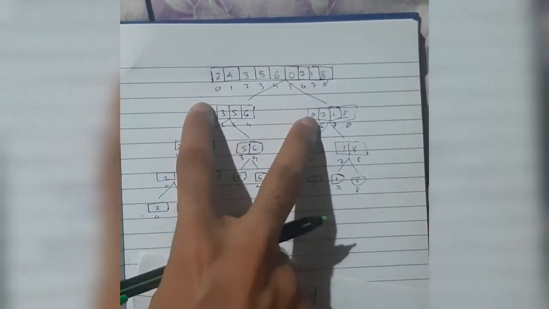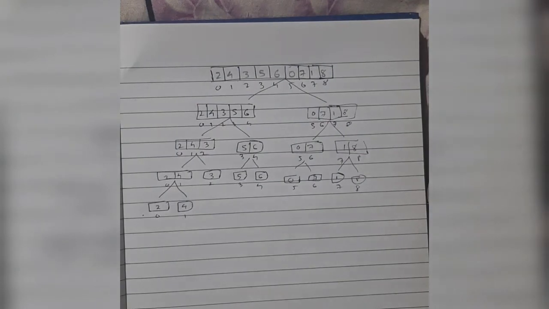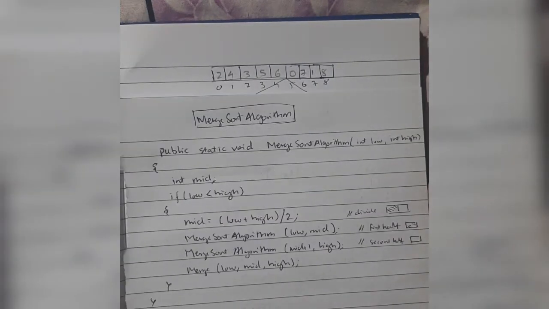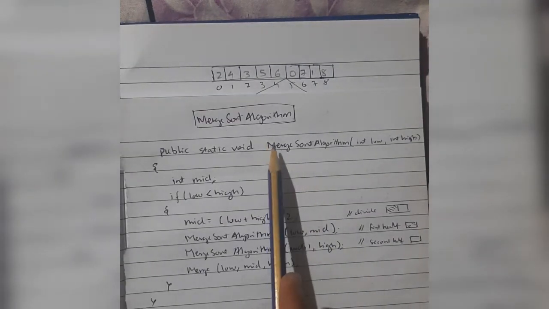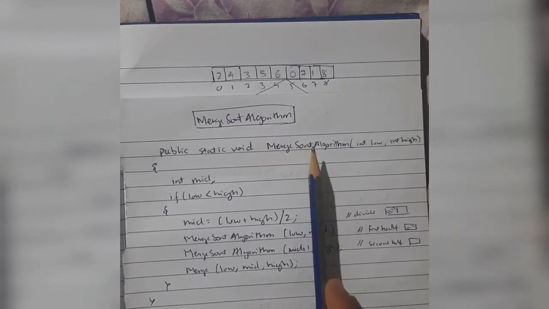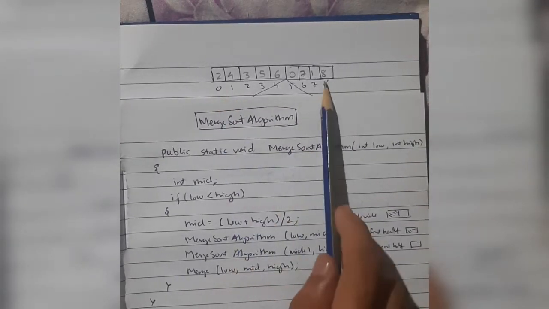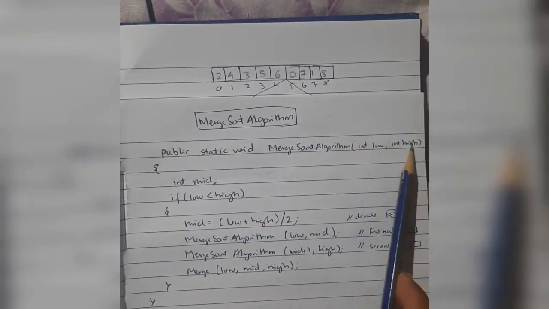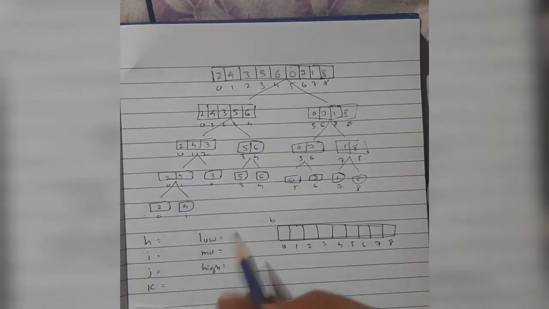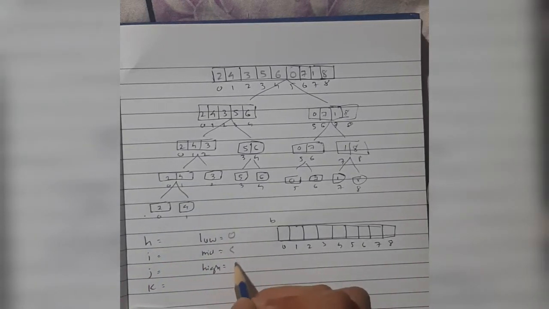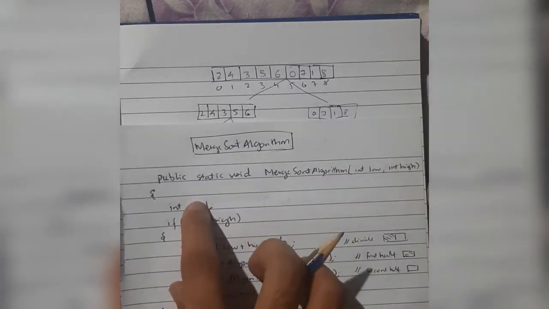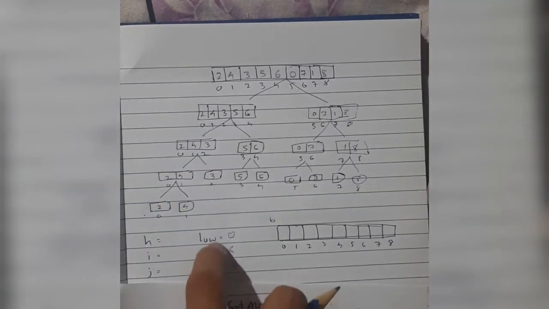First one, the array is divided into two parts. So from the main function, when the merge sort algorithm is called, we'll be passing the array elements from 0 to 8, meaning 0 and 8 will be passed to low and high. So low and high values will be 0 and 8. Okay, 0 and 8, and mid will be created here. Low is less than high, yes, 0 is less than 8. So we'll move on to the mid.